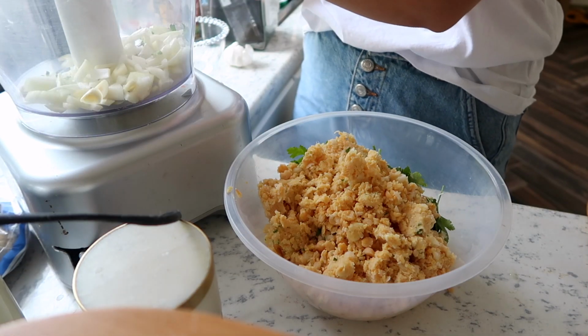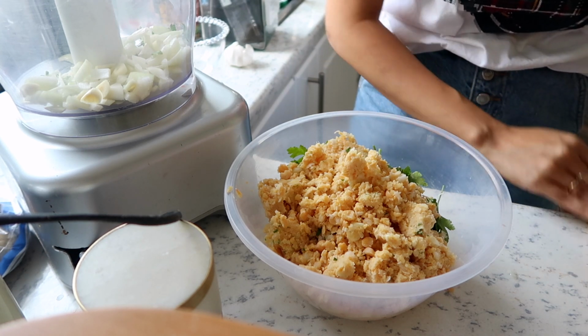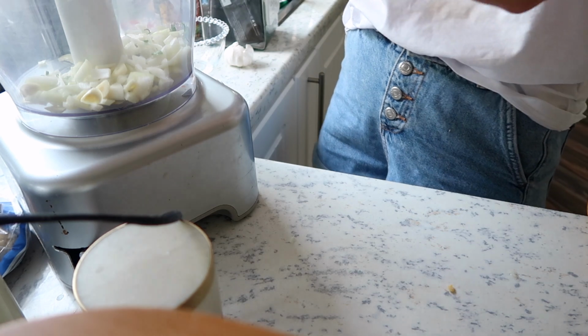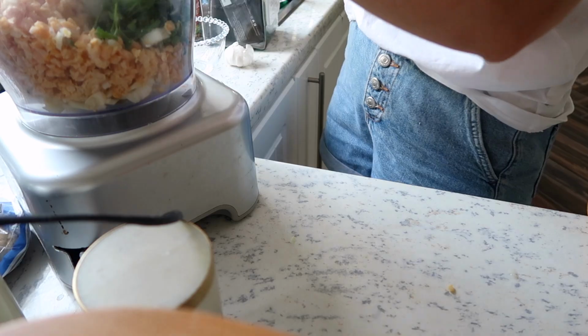I clearly misjudged the amount of ingredients that were here, so I've had to get out the big guns and get my big processor out because my Magimix just could not handle it. But it's no worries, I have my big one, and to be honest I've not used this in a while, so